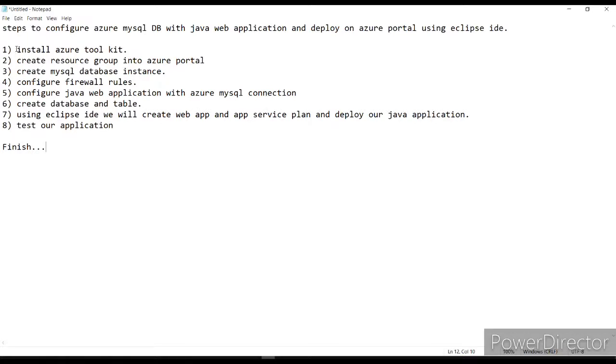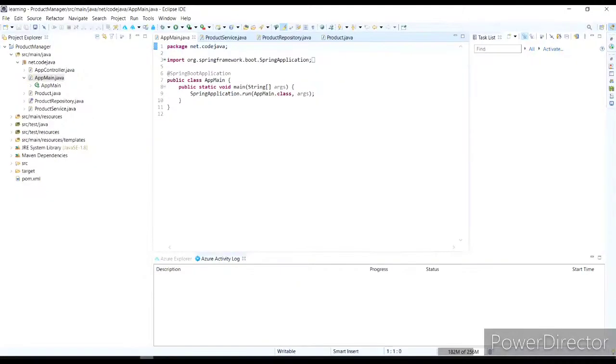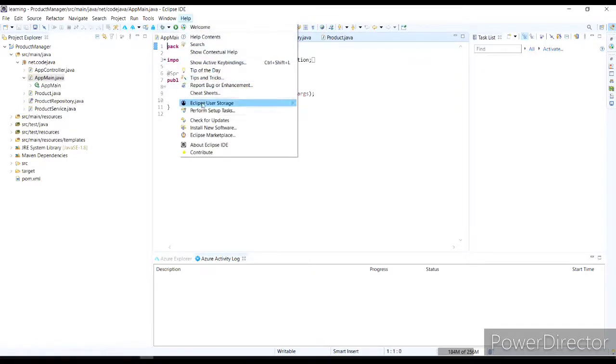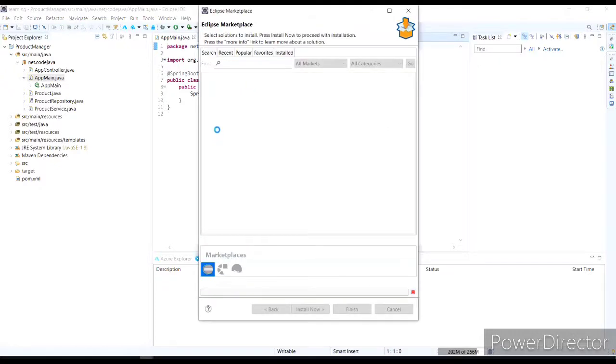So let's start. First of all, we will install Azure Toolkit in our Eclipse IDE. So what we need to do, we will open the Eclipse IDE, and you have to go to the Help menu and click on Eclipse Marketplace, and you will see there is a search bar.